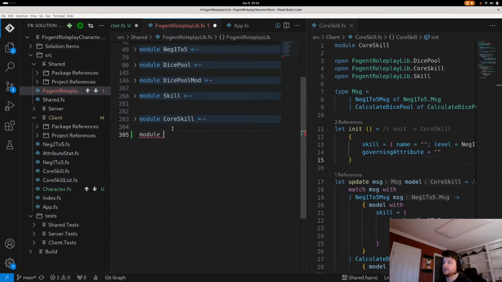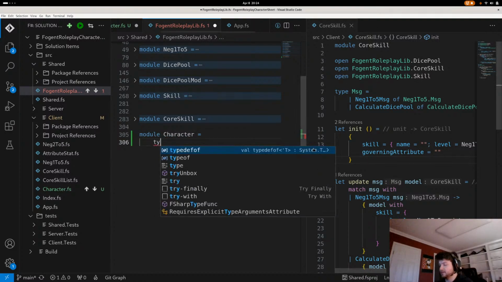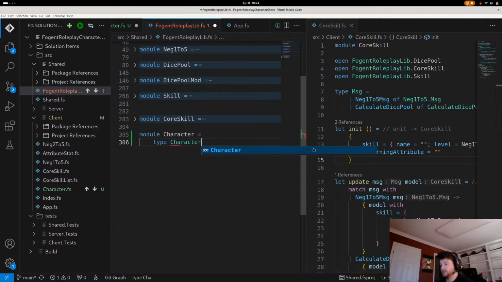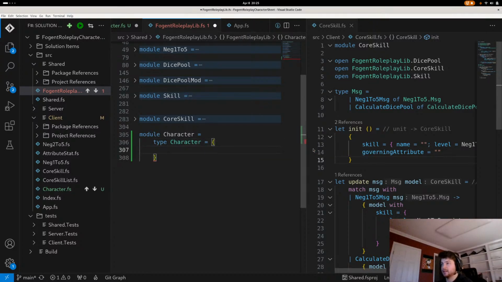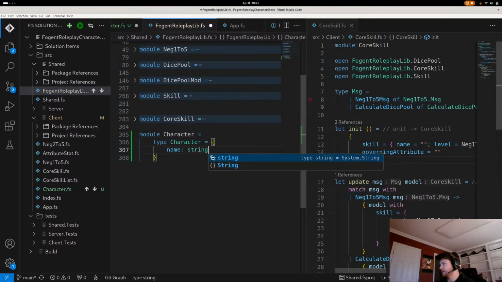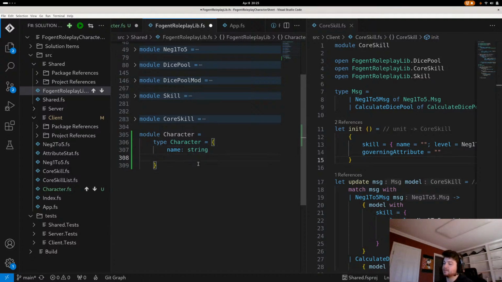Module, character, and a character is going to have the type character, and within it they're going to have a name, so a name is going to be a string, and actually, so they'll have a name, they'll have,